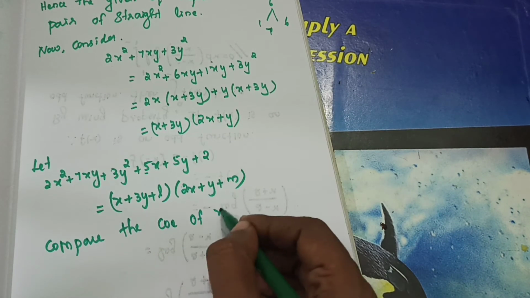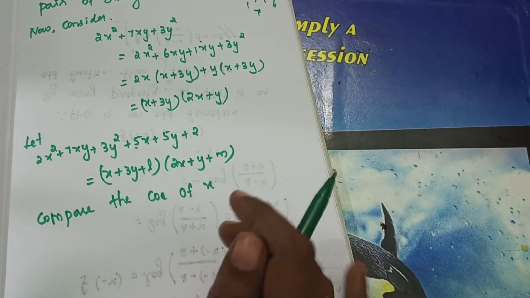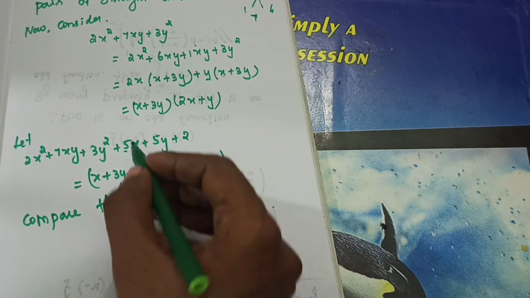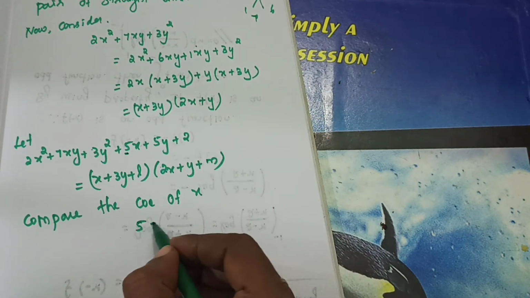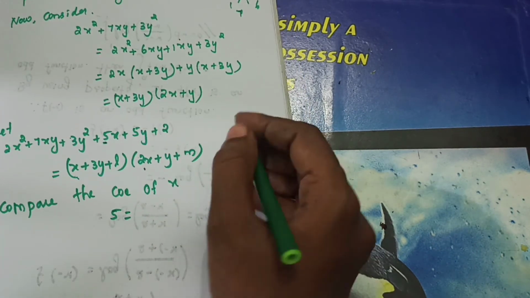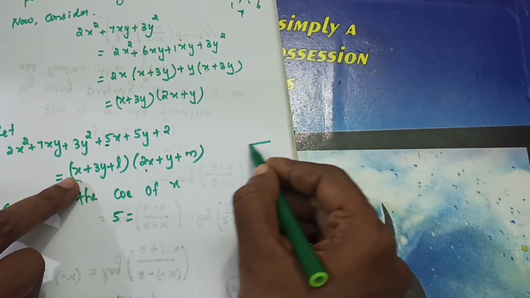the coefficient of x. I taught you in the second chapter, partial fractions, how we need to compare. The same thing we are going to do here. So to compare the coefficients of x, what's the coefficient of x here? 5. Here you will feel it is difficult, so multiply the factors separately and then you can compare. Then only it will be easy. So when I am multiplying these two, what will happen? You can do it on the side separately.